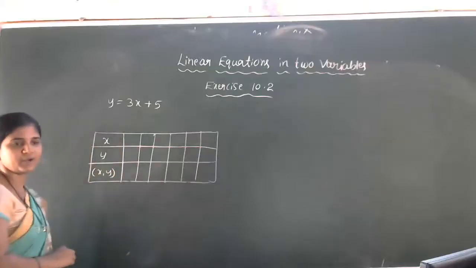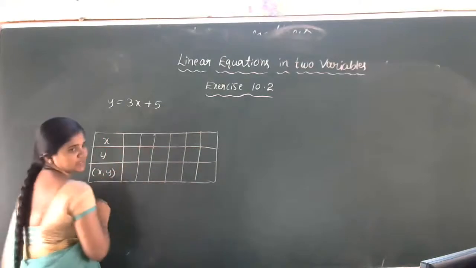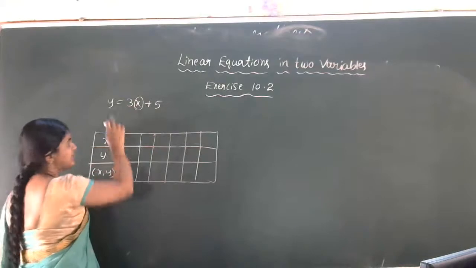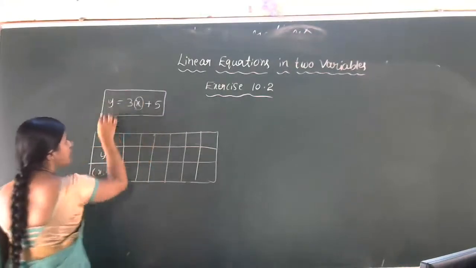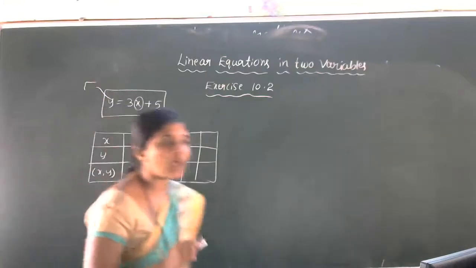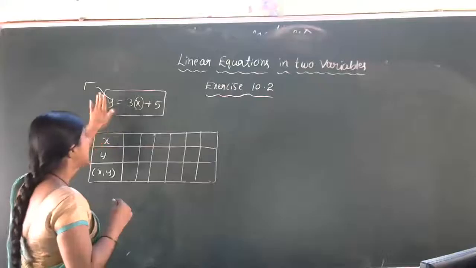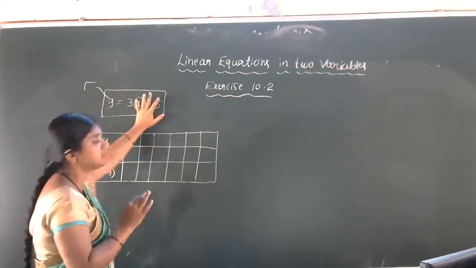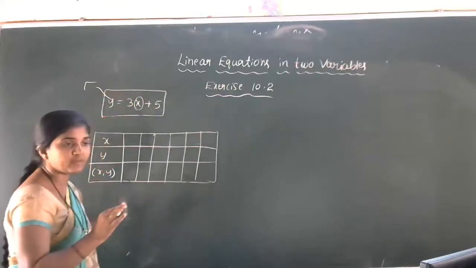You can find as many as you want. Can we start? Okay, y is equal to 3x plus 5. So here we have to substitute x and calculate y, because the equation is in the form of y. Here I want to introduce one thing, y form. What is that y form? Y form in the sense, in the LHS part only y, remaining all is in the RHS. This is called the y form of the equation.